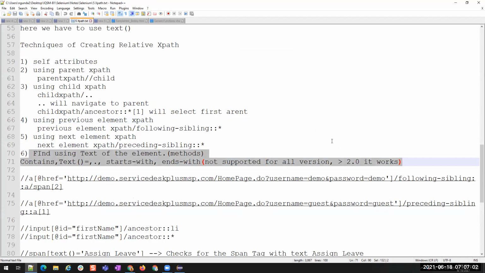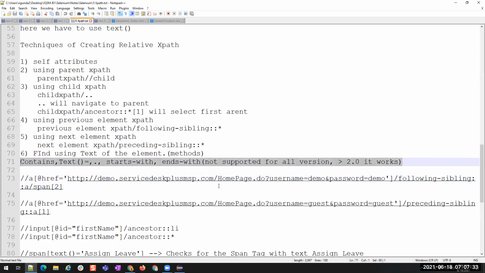What are there? Some basic methods that we use in our XPaths. There are 4 to 5 different methods. One is contains, second one is text. We have already seen the text one. Now we will see contains, and then there are 2 other methods which are called starts with and ends with. So let's see: starts with, ends with, contains, text, and then this is dot. This dot is inside contains only. So we are going to see all these methods of XPath.